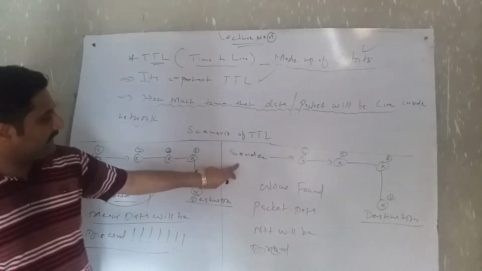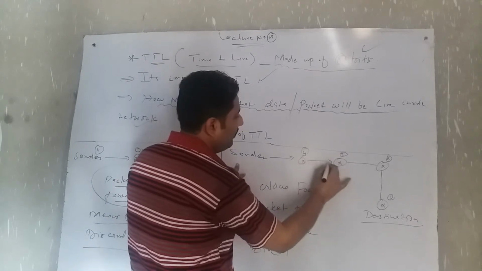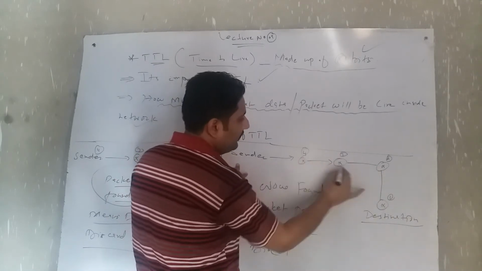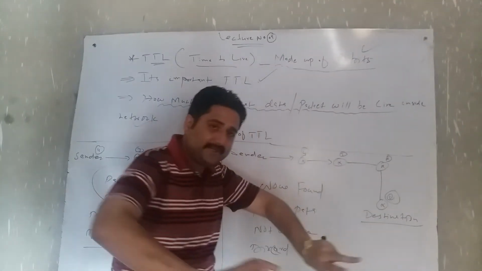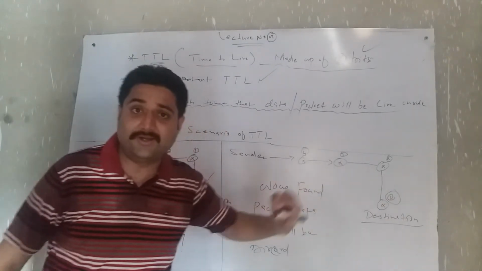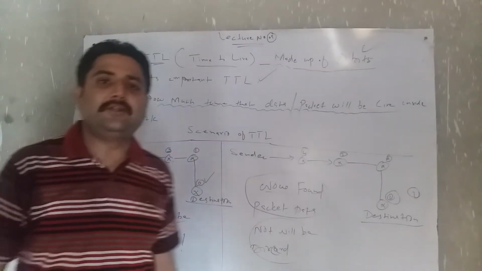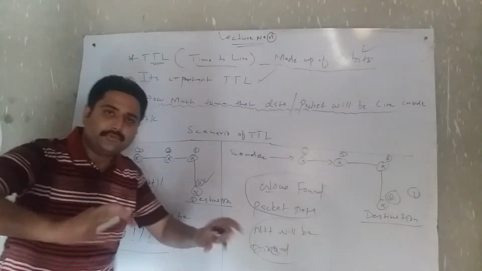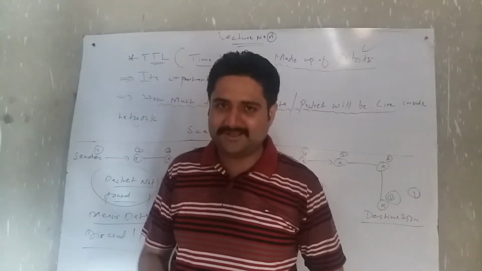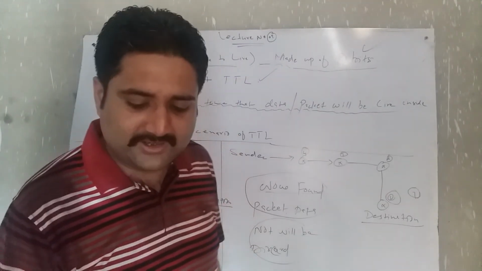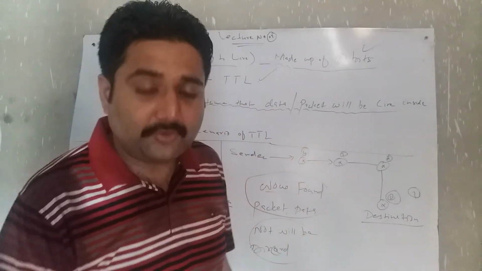On the other hand, the sender sends in the same case through routers 4, 3, 2 and 1. If the destination side shows 1, the packet data is found and the data will not be discarded in this situation. That's the work and usage of TTL. So please connect with me and learn about the next term of the IPv4 header, which is protocol.